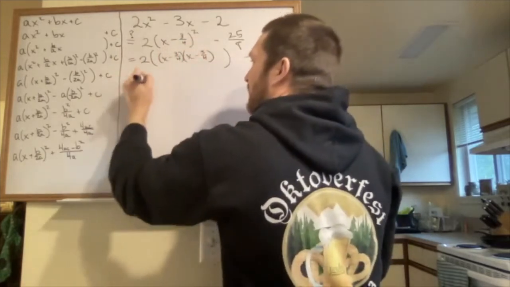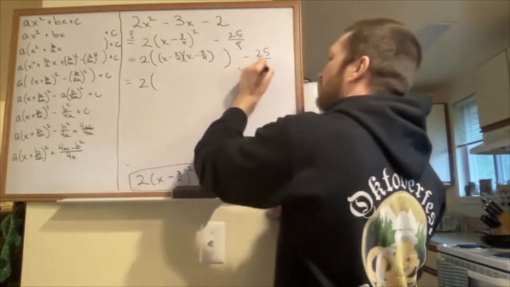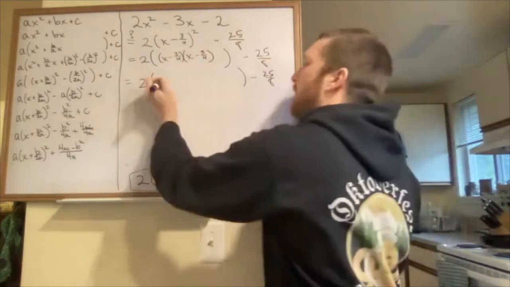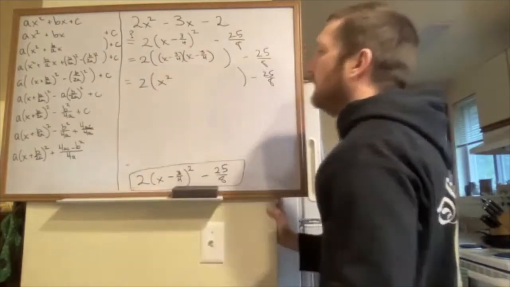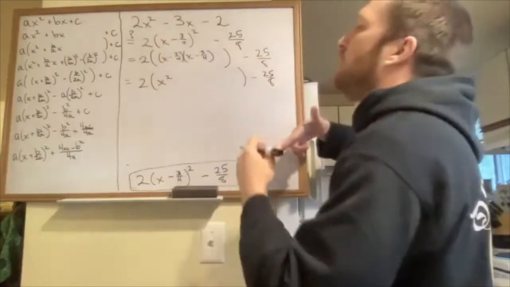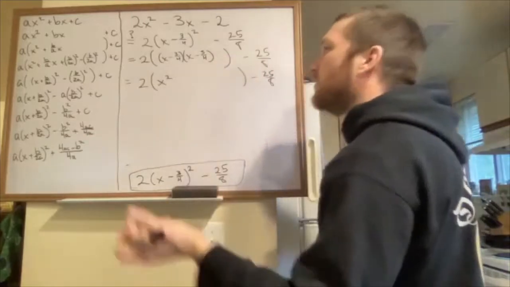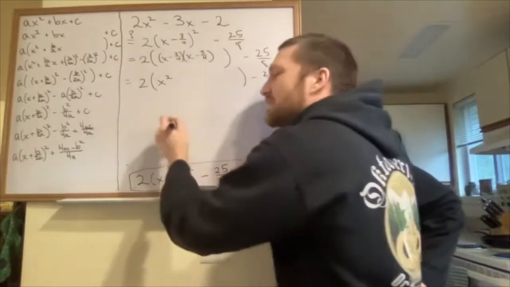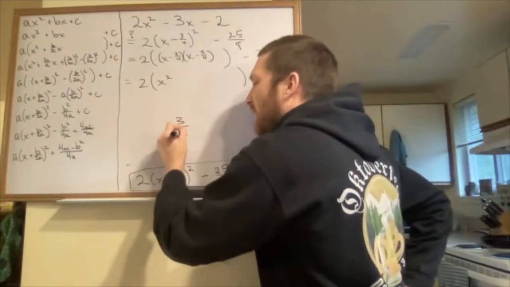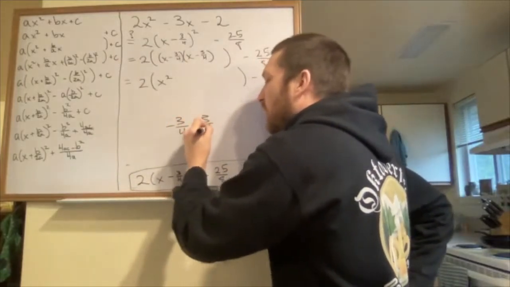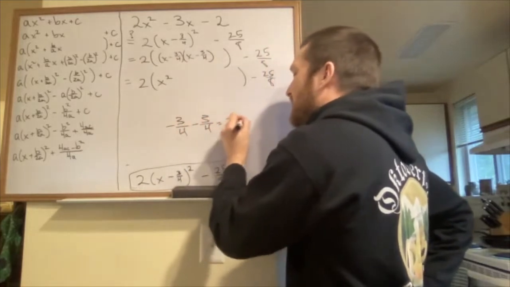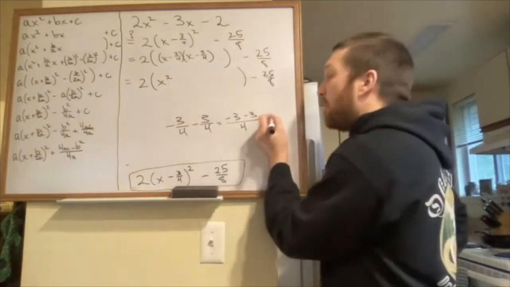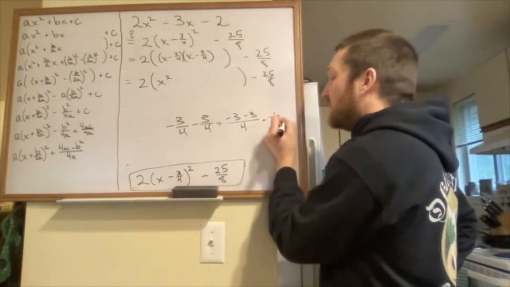First, outer, inner, last gives me minus 25/8. Well, first gives me x squared. Outer, inner give me minus 3/4 x minus 3/4 x. We've already done this, but I'm just going to really drive the point home. That is the same as minus 3/4 minus 3/4, or minus 6/4,